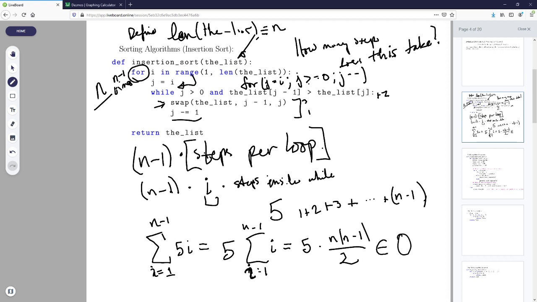But we're almost to the punchline of the joke, or the punchline of the skit or whatever, which is that this whole mess is simply big O of n squared, right? Because if you evaluate this, it's 5 halves times n squared minus 5 halves times n. And so we know that big O just respects the top order degree. And so here the top order degree is n squared, right?